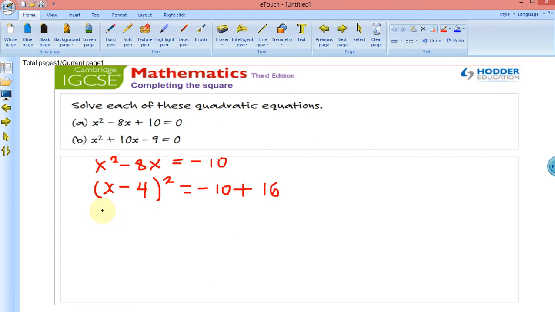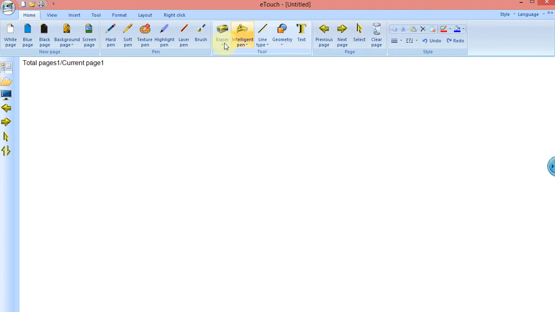Step 3 now. So I have (x minus 4) squared equals minus 10 plus